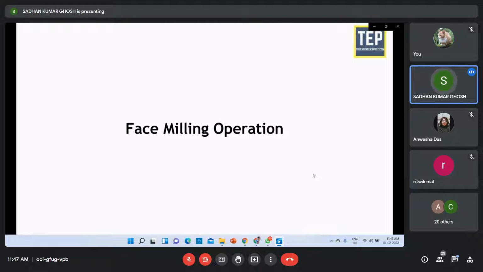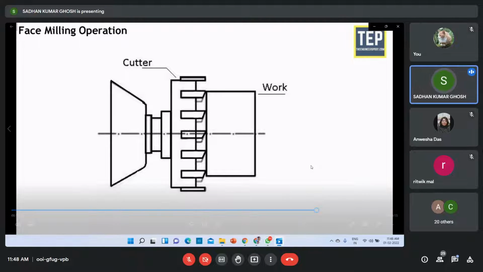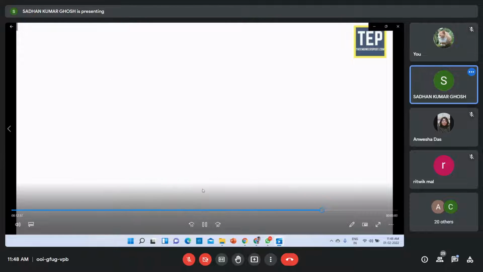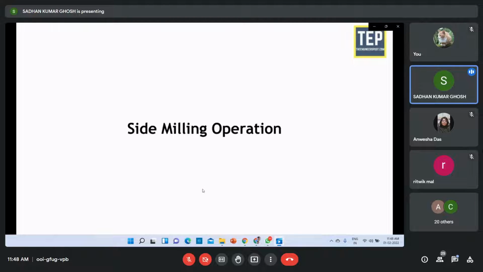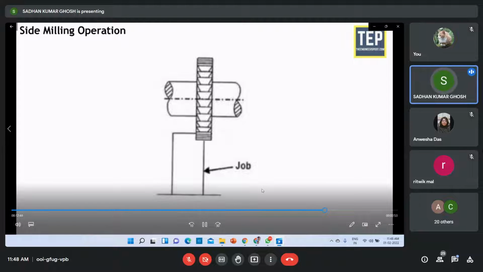Face milling operation. It is the simplest milling operation, performed by a face milling cutter rotated about an axis perpendicular to the work surface, and carried out in plane milling. The cutter is mounted on a stub arbor to design a flat surface. The depth of cut is adjusted by rotating the cross-feed screw of the table. Side milling operation. It is the operation of producing a flat vertical surface on the side of a workpiece by using a side milling cutter. The depth of cut is set by rotating the vertical feed screw of the table.